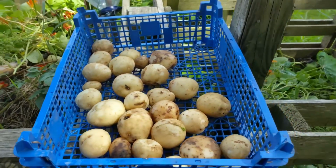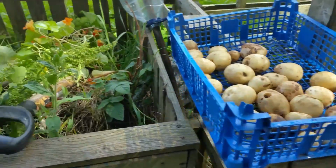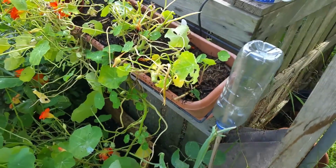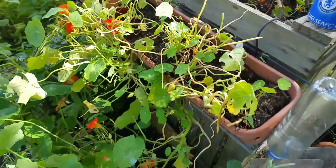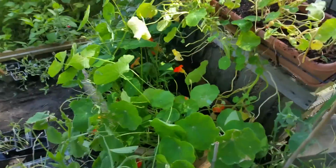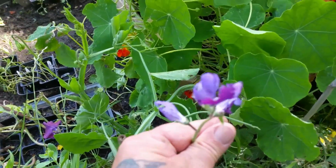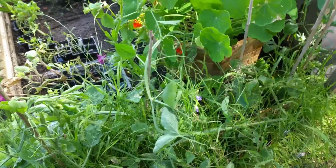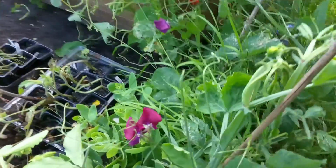Got a few spuds there for Sunday. That'll go nice. So just chop back the crazy plant, as you know, nasturtium. It goes absolutely mental. It's a nice little bit of some nice sweet pea. I've obviously missed most of it being away, so got some nice